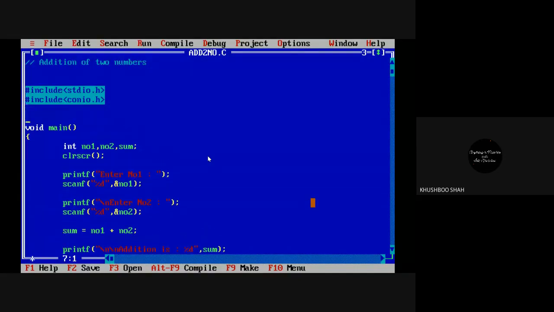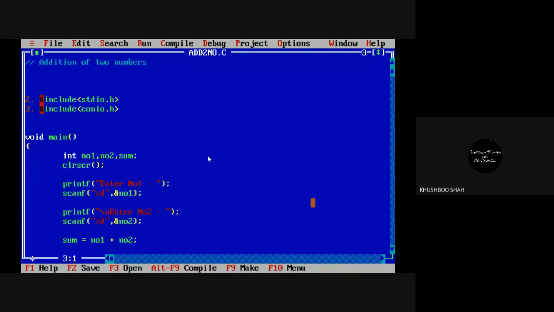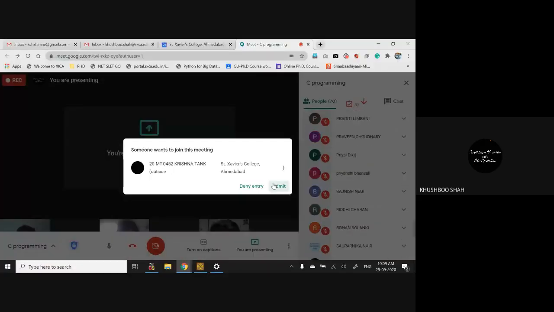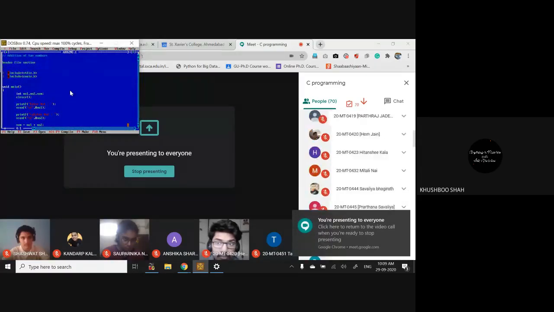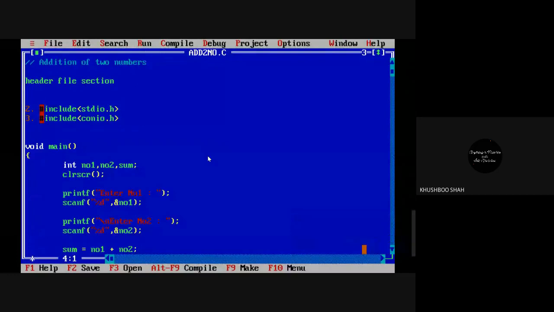Now, the explanation of the second and third line. This is the header file section. Write down: header file section, to include or add inbuilt libraries.